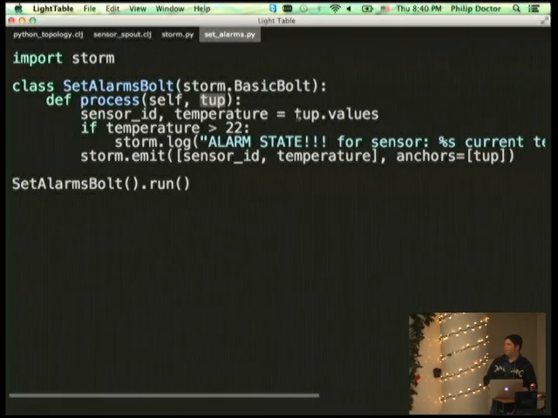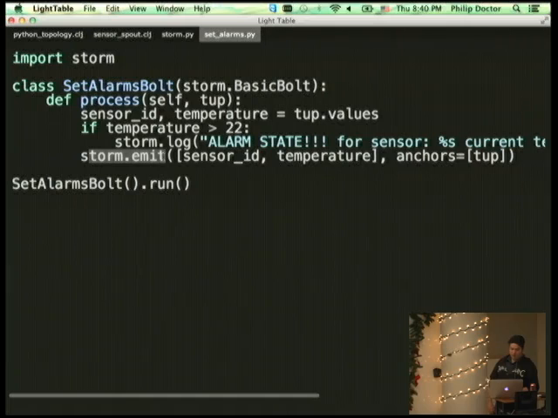I destructure the tuple, and we get that sensor ID and temperature. I say if temperature is greater than 22, oh my gosh, it's an alarm, crazy. And then we go to this emit. The reason for the emit is we're not just returning data, but it's helping Storm track data through the whole system. So when we emit these things, it can say, hey, this guy did the right thing and he's done. And that's how easy it is to write a bolt in Python.